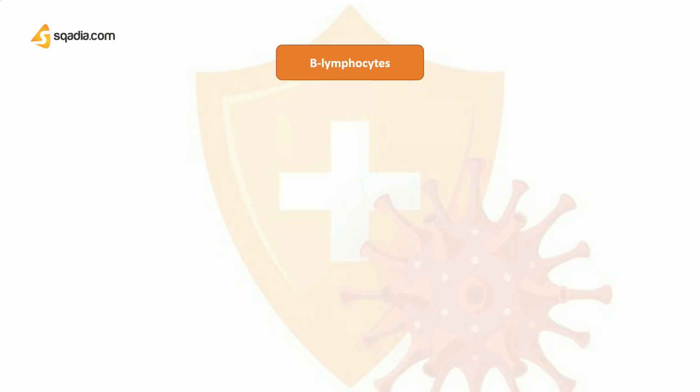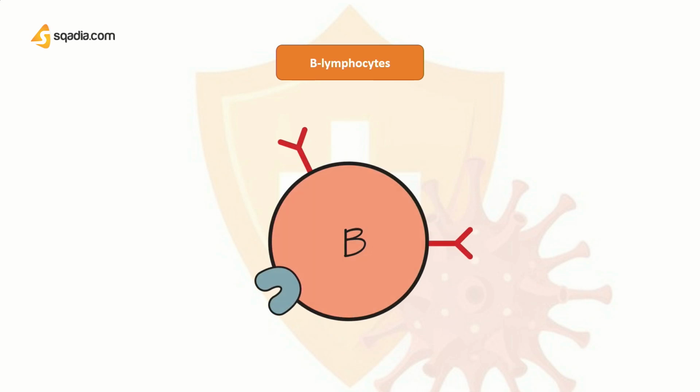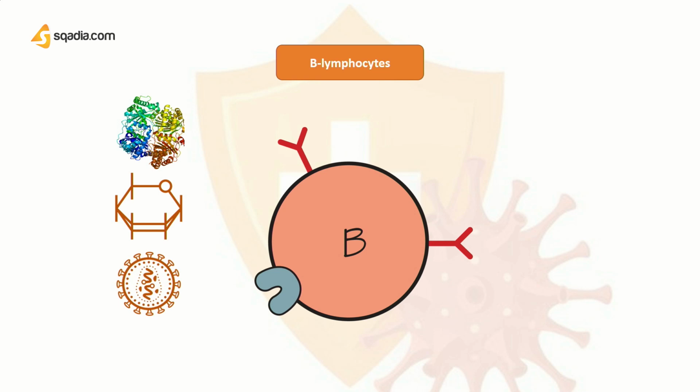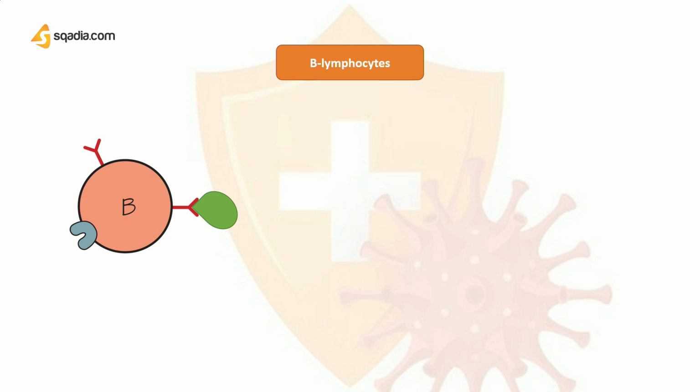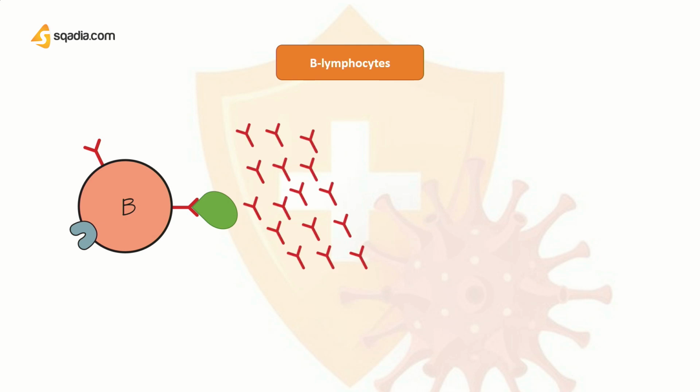On the B lymphocytes, the antibody molecules synthesized in the cell are exported to the cell membrane, where they recognize small components of proteins, carbohydrates, or other biological macromolecules, known as antigens, and are taken into the cell to start the triggering processes. Each B lymphocyte is programmed to make antibodies of one single recognition type out of a possible